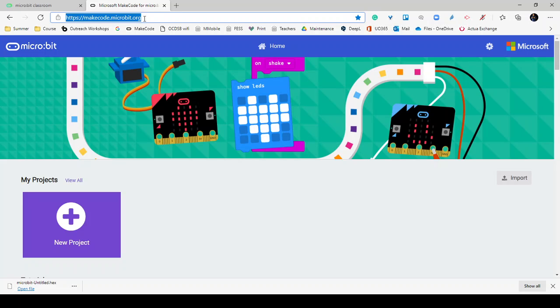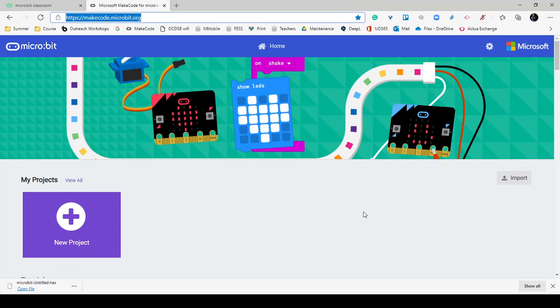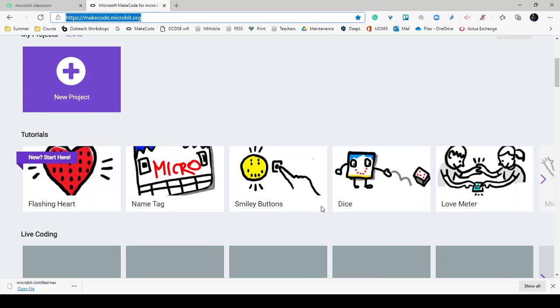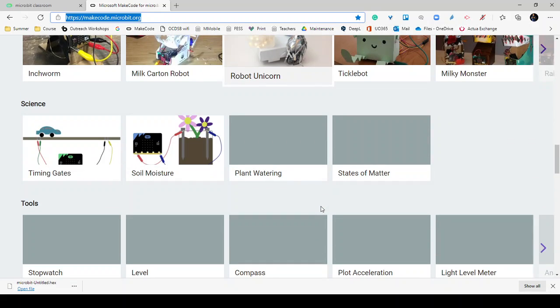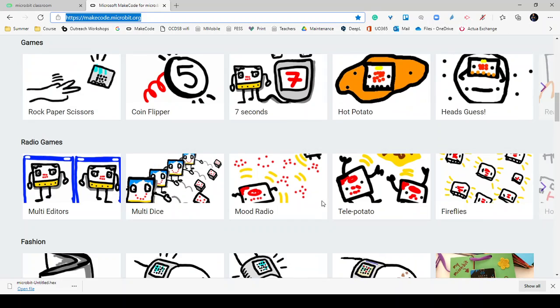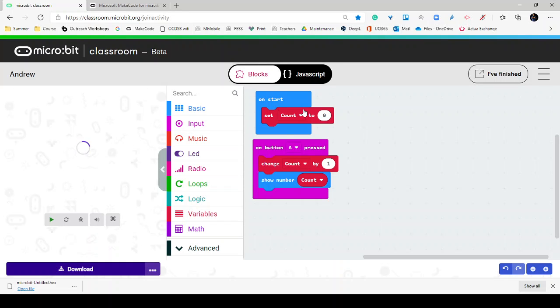I'm sure that some of you have already seen this one, but it's makecode.microbit.org. It has where their projects are saved in the browser cache. It's also got a bunch of tutorials, a bunch of live streams, so some awesome information for you to continue learning. And what I wanted to show you here is that now that I've created this project over here